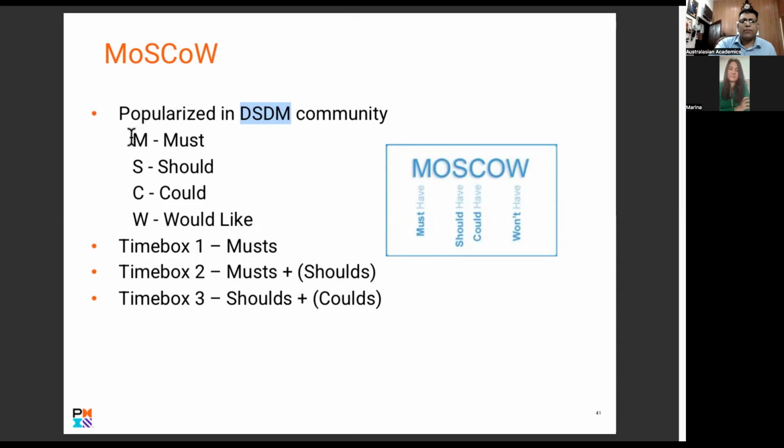So again, MoSCoW: must have, should have. For any project, whether it's a team, a skill, or resources, it's a must have, should have, could have, would have, or would like to have. Time box 1 is a must, then time box 2.